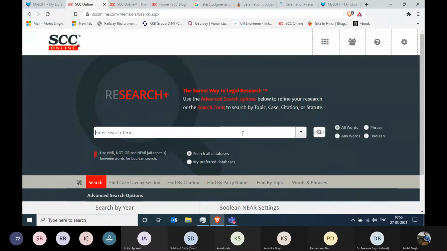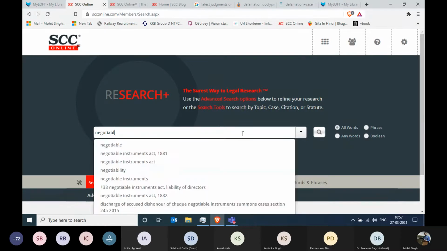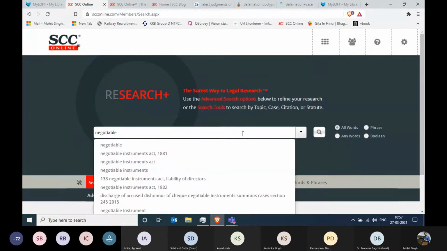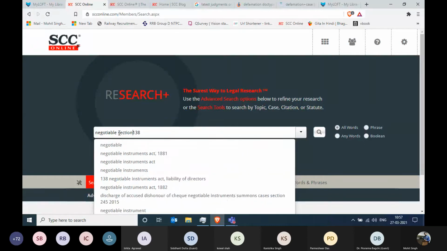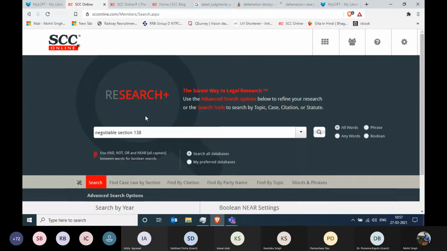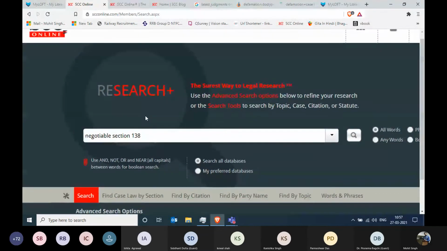So my query was, I wanted to see the NI Act section 138 cases, right? NI Act simply means Negotiable Instruments Act. So I can type negotiable instrument, or I can only type negotiable. The second part was section 138. Now my query has some more content to it.